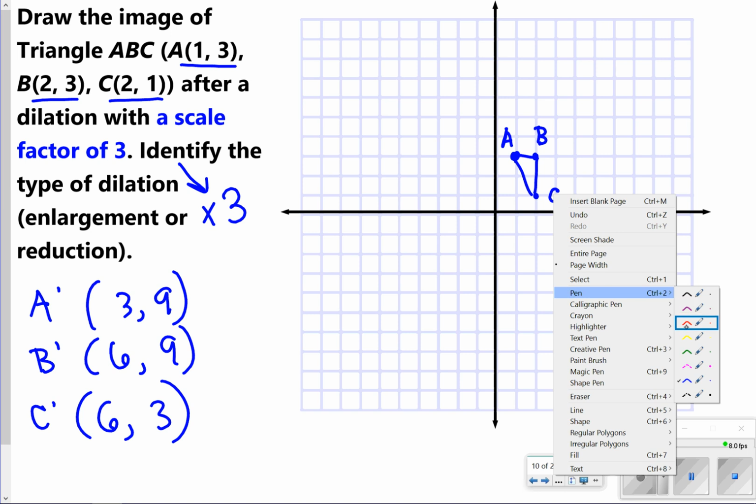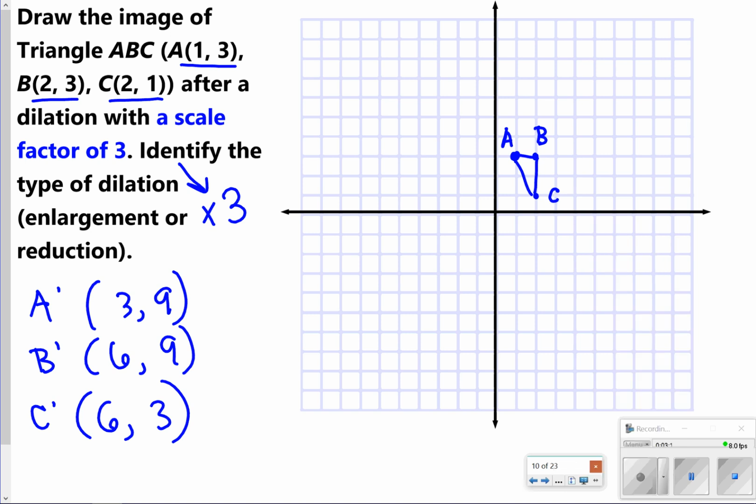I've listed them over there on the left, and I'm going to plot the new points in red. So all I've done is multiplied each of those points by 3. A is going to be 3, 9, B will be 6, 9, and C will be 6, 3. Again, here are the new coordinates. The red triangle is 3 times as big as the blue triangle because I've scale factored the shape as a